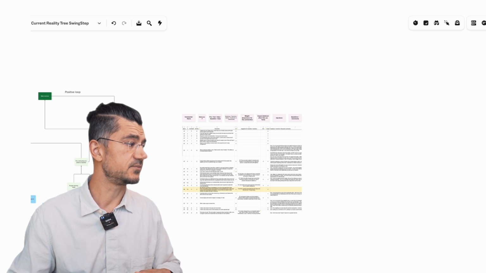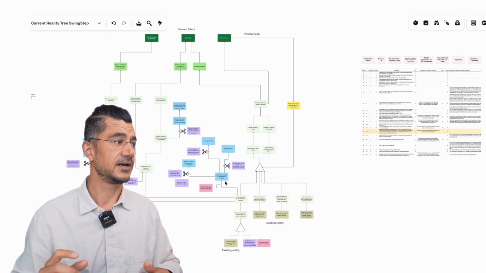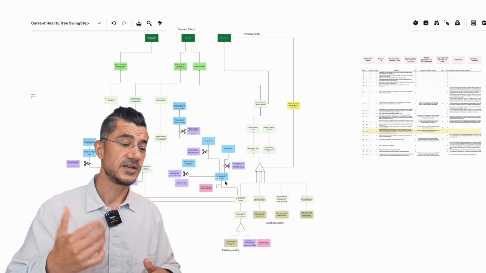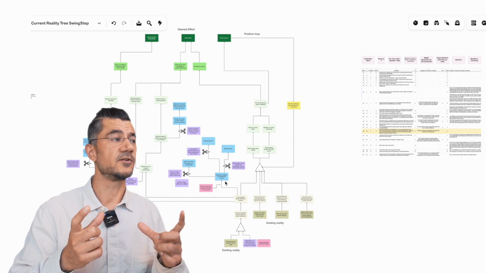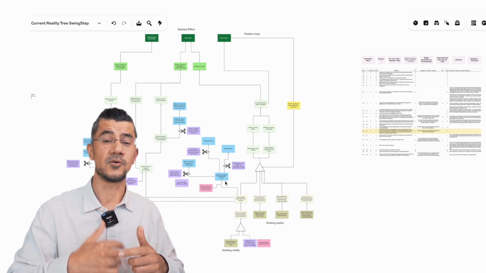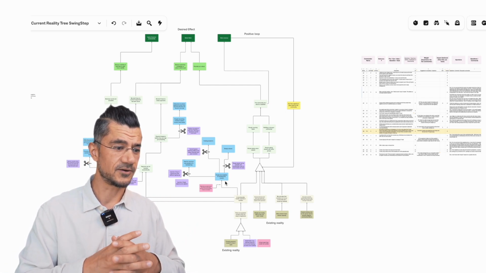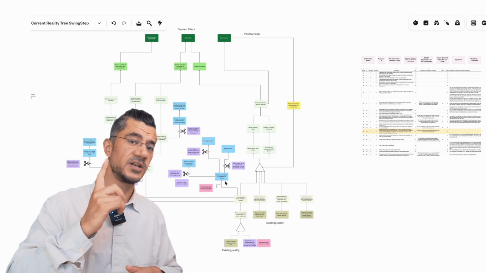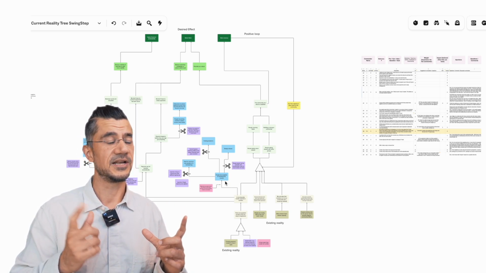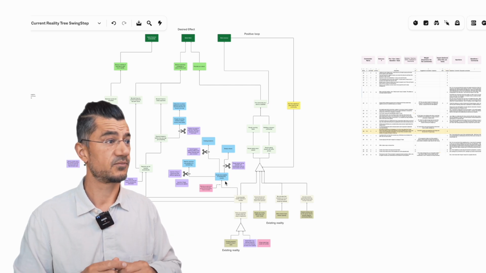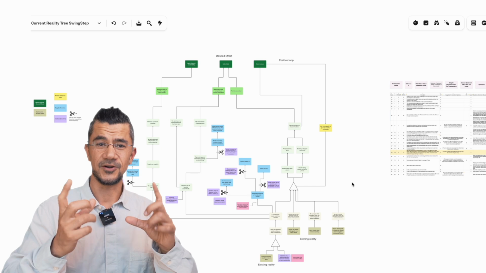The goal is for you to be able to figure out, is this negative branch something we can do anything about? And if we can't, how big of a disruption can that be on the whole idea? Is the idea still worth it? And we've had moments where we said, okay, even though we couldn't cut this one little branch, that branch was too important to let us go through with the program. So it's still very important to be able to collect all of these things.